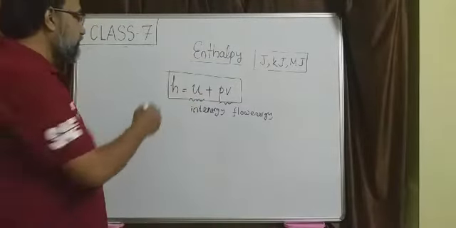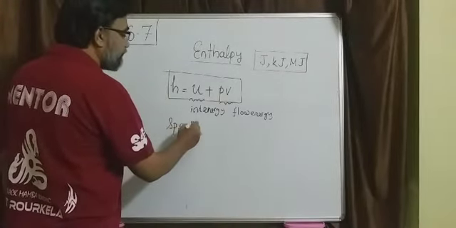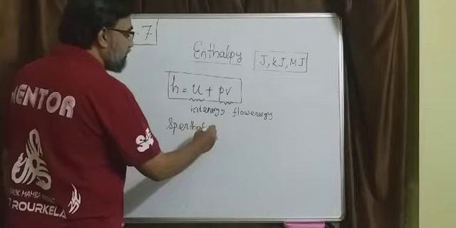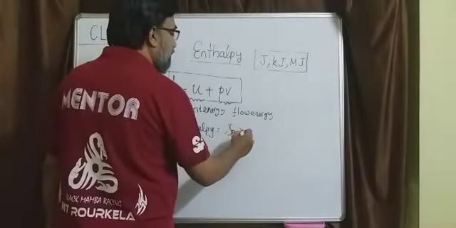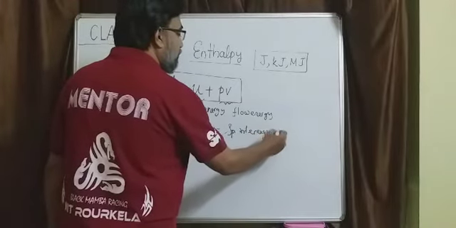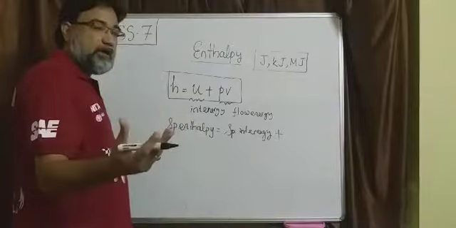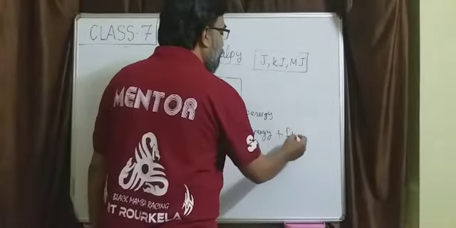That means this is the specific enthalpy of unit mass, equal to the specific internal energy of unit mass of the gas, and PV is the flow energy